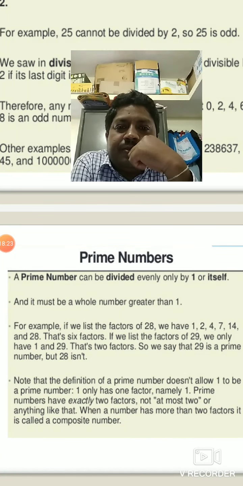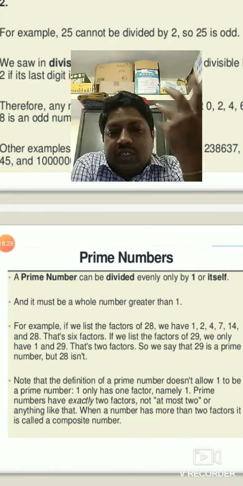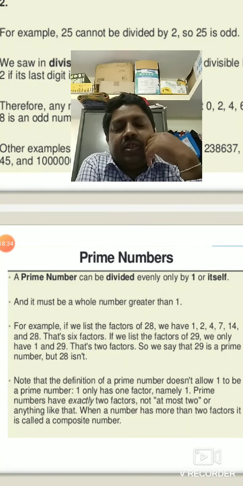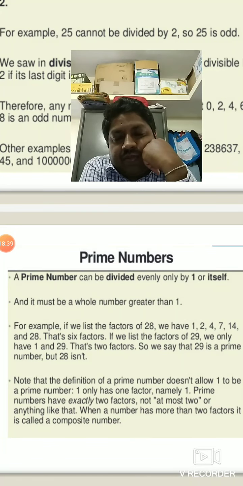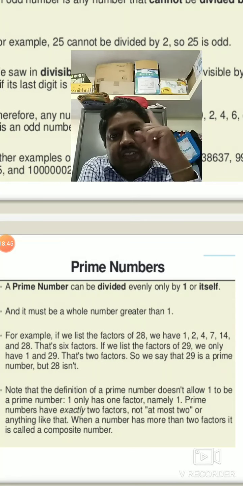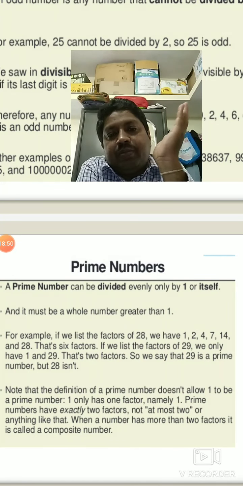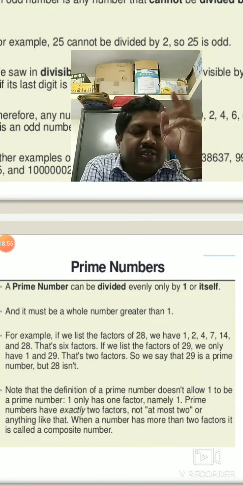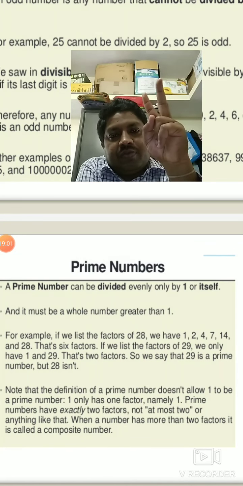Prime numbers means, I will tell a trick. It is about the number of factors present. A prime number has exactly 2 factors. For example, 2, how many factors? 2 factors: 1 and 2, because 2 is exactly divided by 1 and by 2. 3 is exactly divided by 1 and 3. So any number which has exactly 2 factors, not more than that, is called a